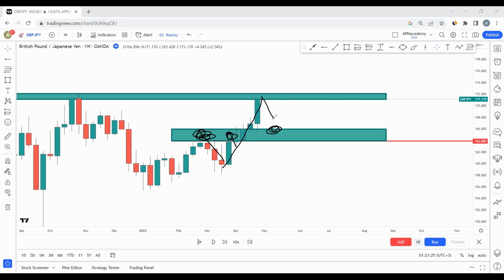So meaning weekly is also communicating the same thing as monthly. Monthly communicated that we need to be looking for sells. Weekly now is also telling us we need to be looking for sells. Why? Because we broke a structure which was previously a resistance, and also currently we have approached a resistance, and